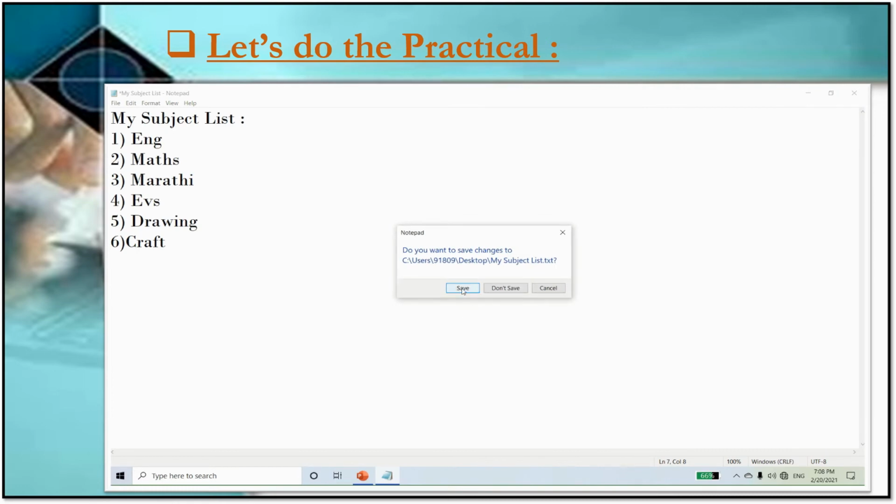So now students, I am closing my program. I want to save this program, so for that I will click on the save button. Here you can see I am clicking on save program. Now here you can see save.